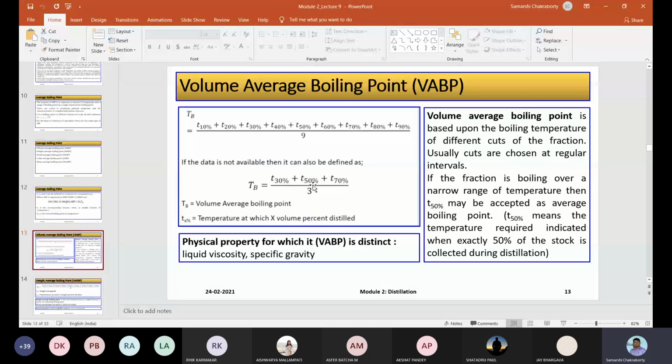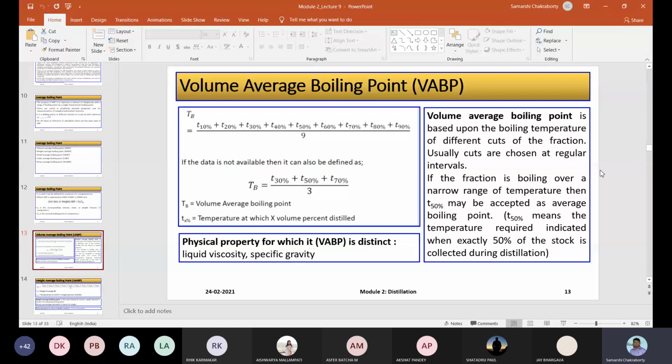boiling point data is actually at an equal interval. So this is T30 at 30 volume percent distilled, this is T50 at 50 volume percent distilled, and this is T70 at 70%, then divided by 3. So the volume average boiling point is based upon the boiling points of different cuts of the fraction, usually chosen at equal intervals. Here you see it is at an interval of 10, here it is an interval of around